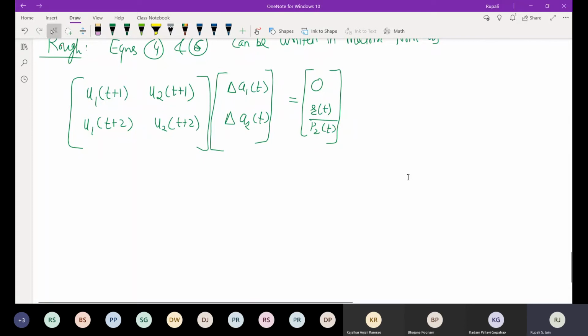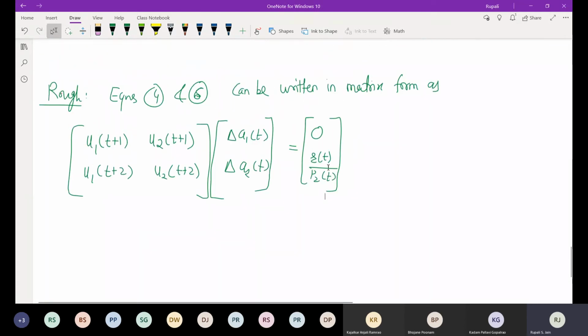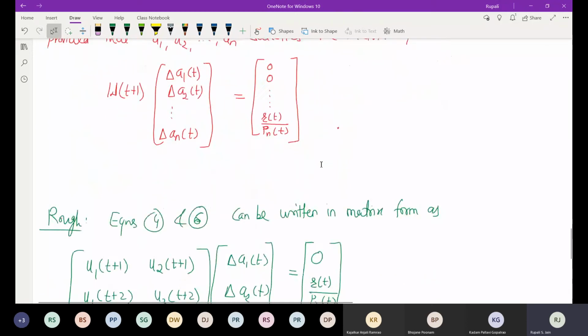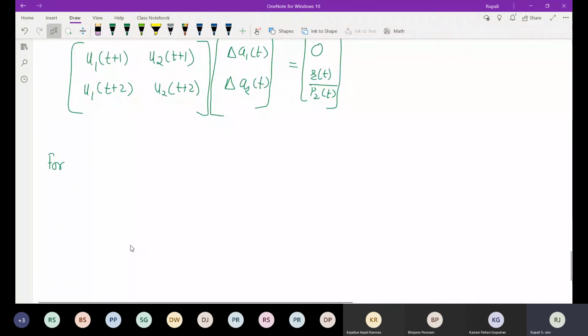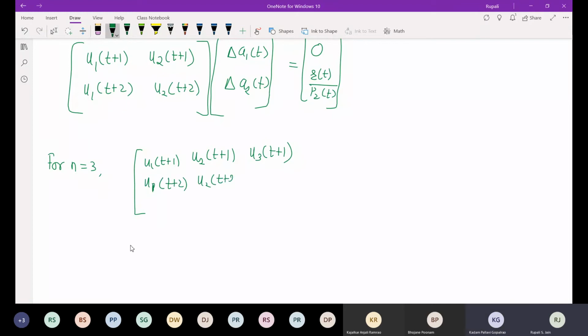That is my equation 6. Is that okay? Now for n is equal to 3, that can be written in matrix form as the matrix with entries u1(t+1), u2(t+1), u3(t+1), u1(t+2), u2(t+2), u3(t+2), u1(t+3), u2(t+3), u3(t+3),